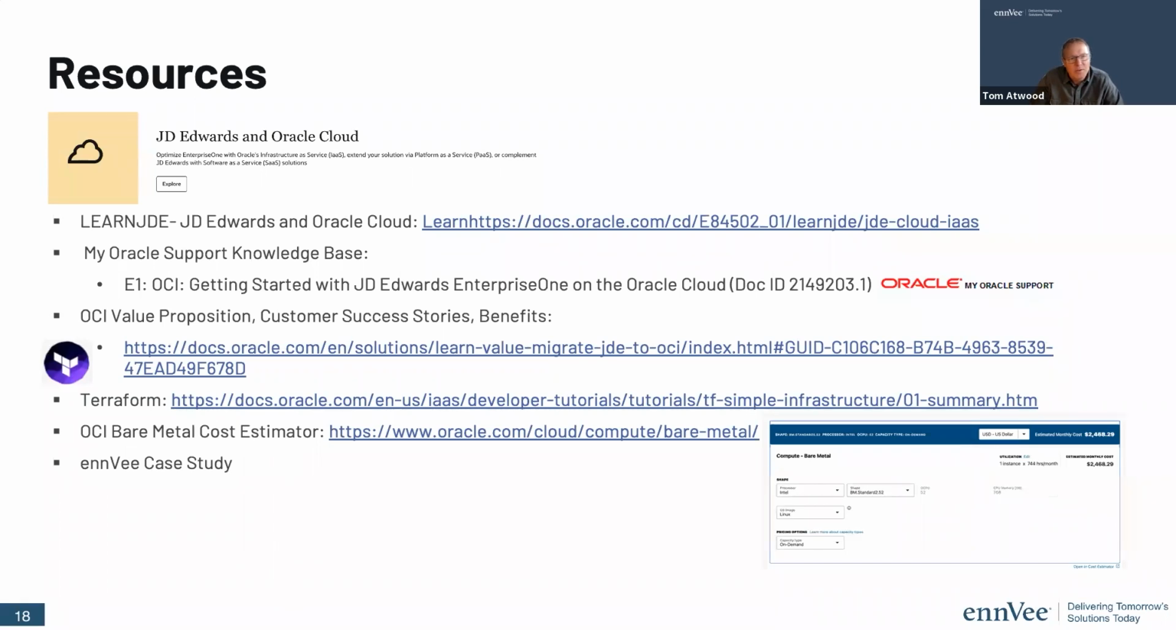And then Oracle also has a bare metal cost estimator. So you just plug in the parameters of what your processor is, if you want Ampere or Intel or other, what the servers are as far as usage, and what you want for an OS. And then it'll tell you your cost. So it'll tell you your utilization. The example in this little screenshot is one instance, 744 hours a month. And it'll tell you your monthly cost. So you can play around with that. It's actually pretty